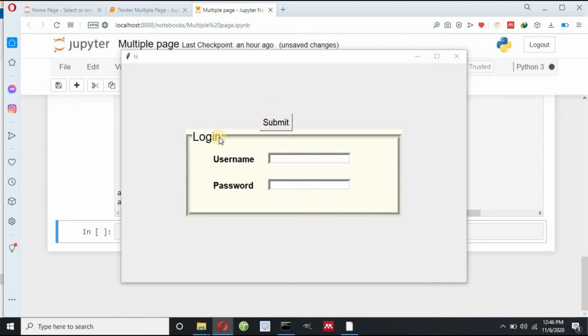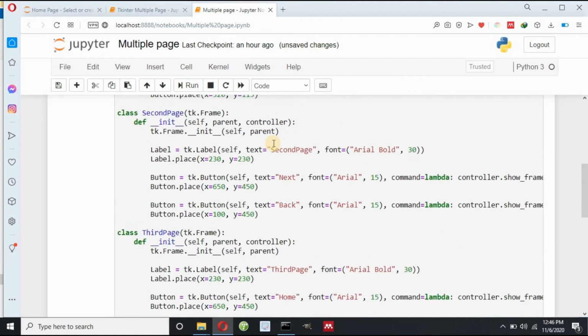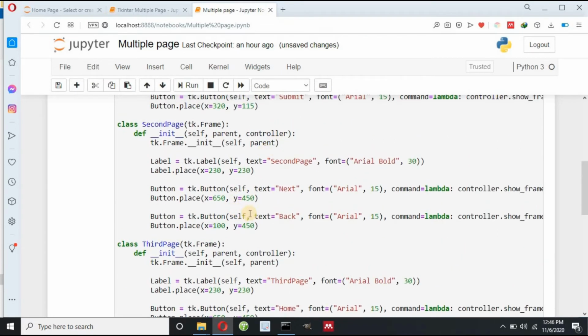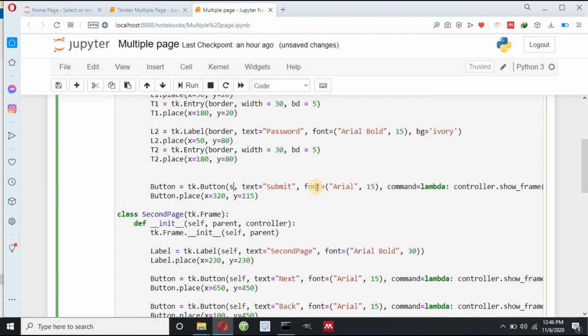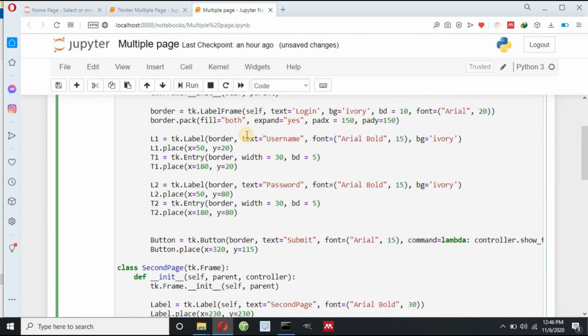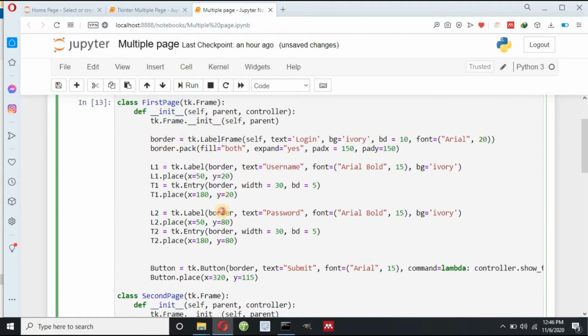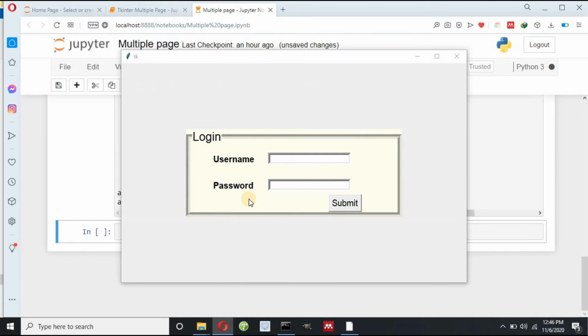I have to define this submit inside this label frame, so I have to replace this self by border, because I have to define this submit button inside this label frame. Okay, now this is fine. Now this submit is inside my label frame.